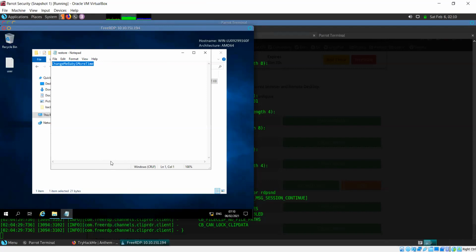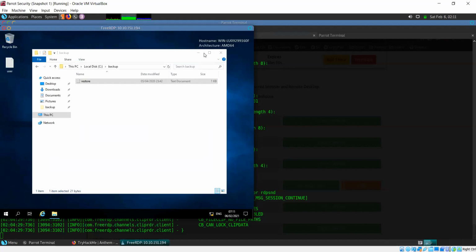Yes, that might be the case, because you already have the password for this account, and this might be the password for another account on this system. All right, we'll just copy this for now, and let's see what else to do.